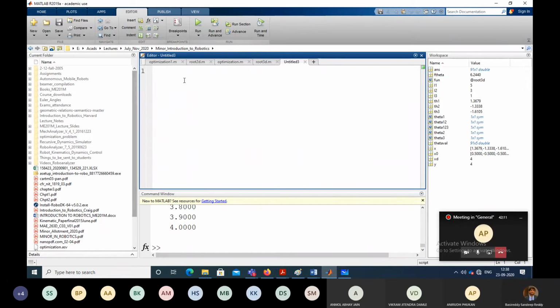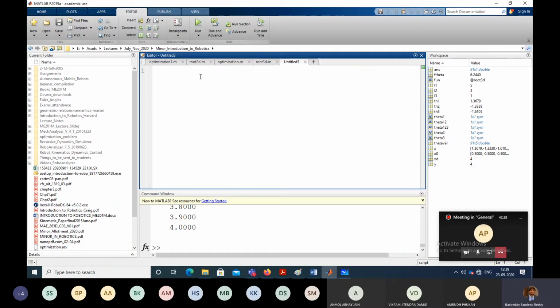So first, to solve nonlinear equations, we are going to try and use that function fsolve. Right? So first, in the MATLAB code, I'm going to try and define the function file.